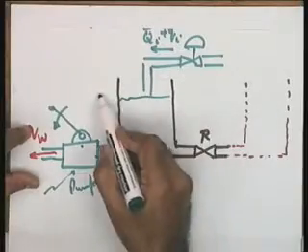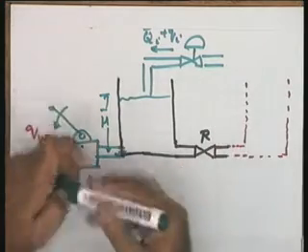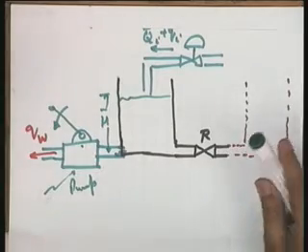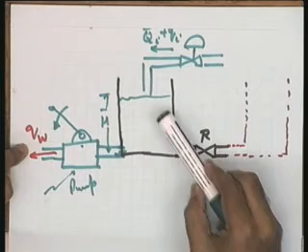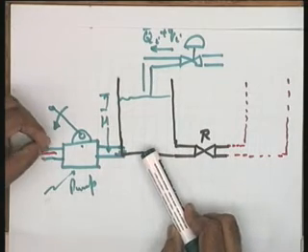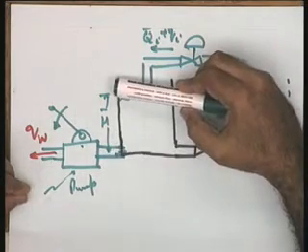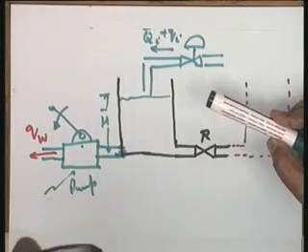So if the idea is to regulate this system to a controlled H, to controlled height H, now it may be your useful variable, you are making it QW, but if your requirement is this, you see that there is a dual requirement. You require this as well as you require the liquid in this particular tank at a constant height or at a constant pressure. So it means whenever a flow is demanded, the control should take action so that this height becomes constant. So it means it is a regulator problem. It is a regulator control problem.